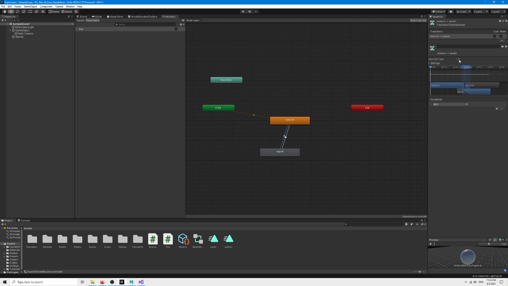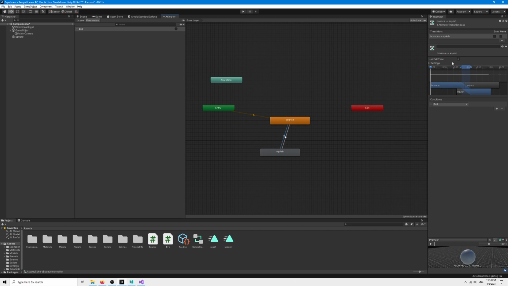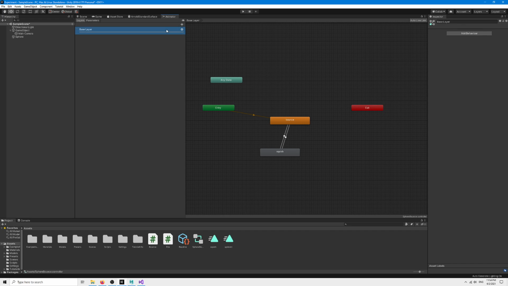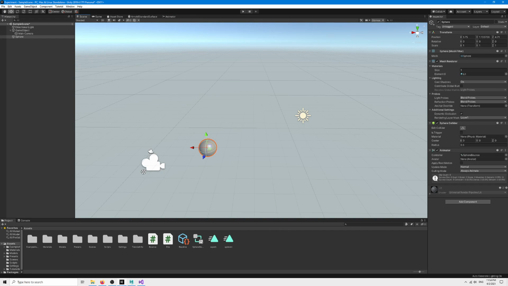And due to the fact that it needs to transfer into here and then back, it cannot have an exit time. However, on the way back, it can have an exit time with no condition. The layers, I'm pretty sure, function like anything else. I haven't really worked with them yet. So next, I'll need to figure out what to do with the new animation. But for now, I'll just be adding the